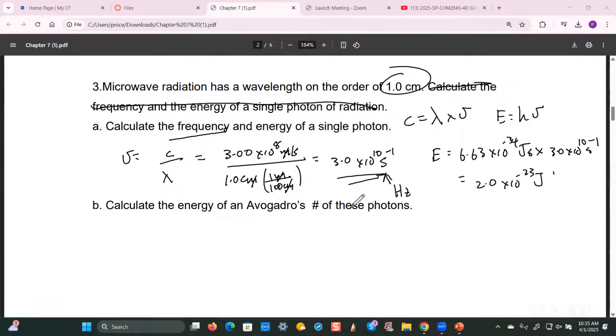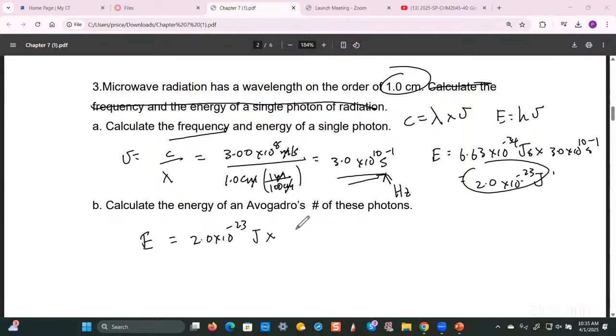Any other questions? Any other questions? Okay. So the B part is asking for the energy of an Avogadro's number of these photons, right? So this energy that we calculated here is for 1 photon, right? So how would you calculate the energy for an Avogadro's number of photons? Multiply that by,